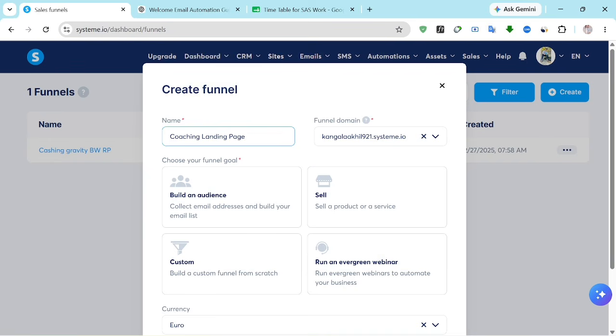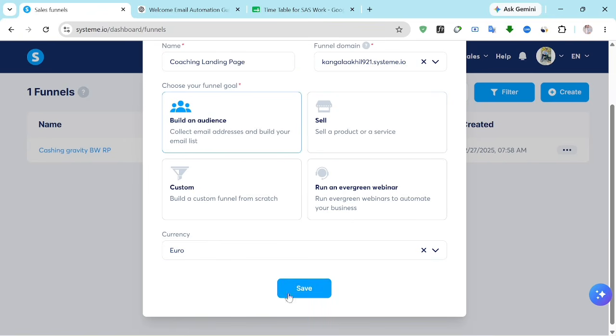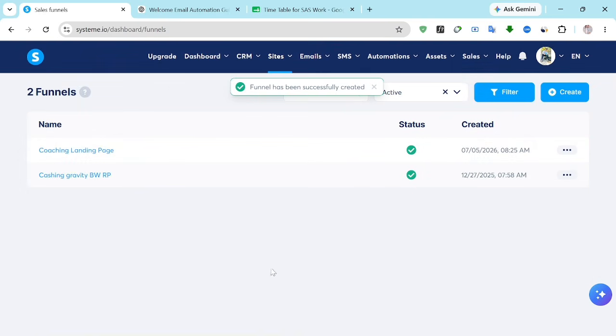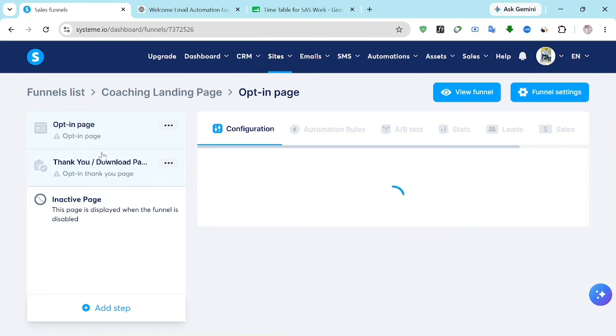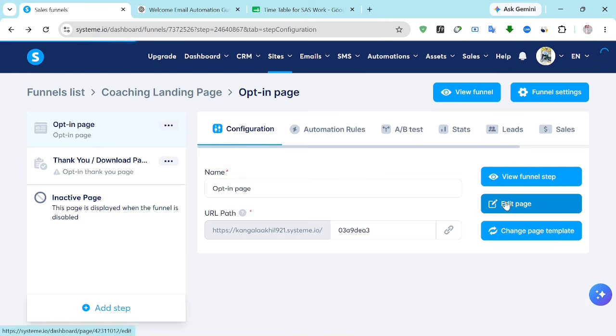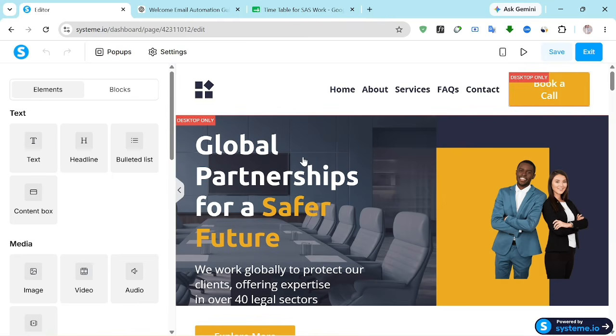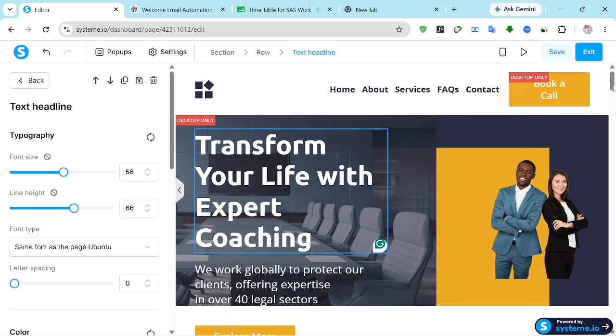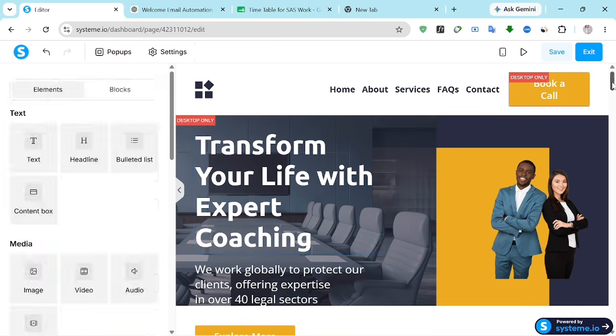Give your funnel a name, Coaching Landing Page, choose Build an Audience or Sell, depending on your goal, and click Create. Next, open the landing page step and click Edit Page, choose a clean, professional template or start with a blank page. Replace the headline with something like, Transform Your Life with Expert Coaching or Book Your Free Coaching Session